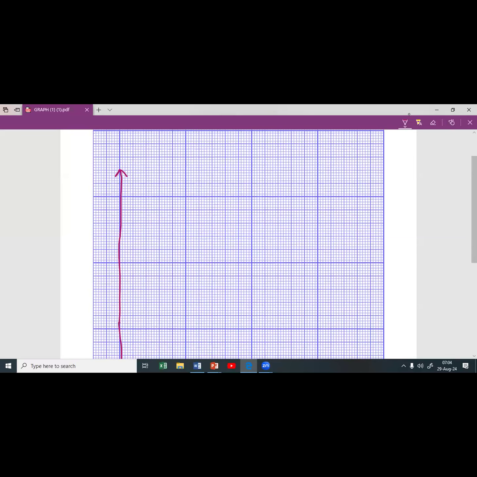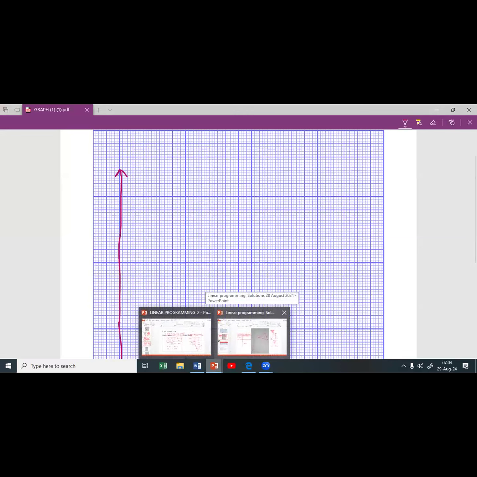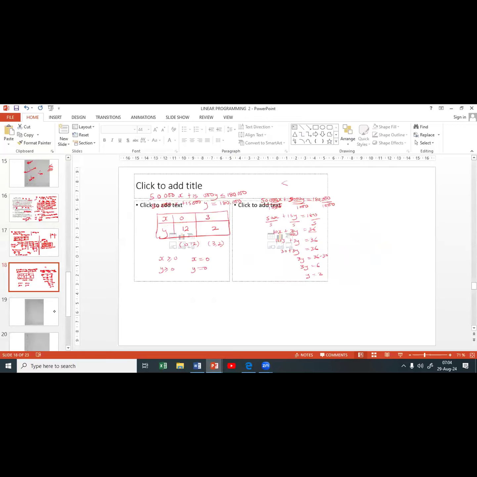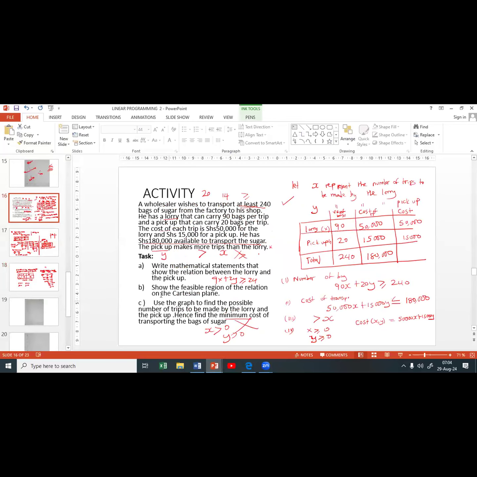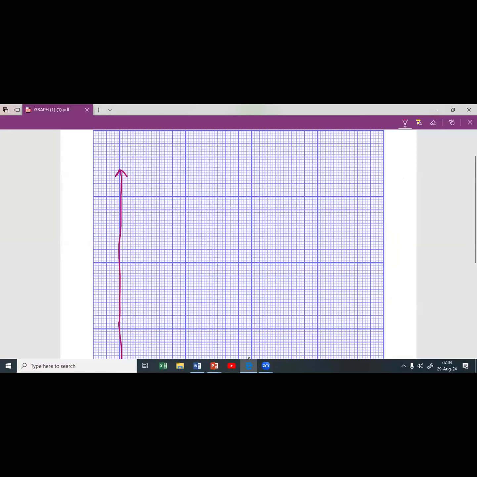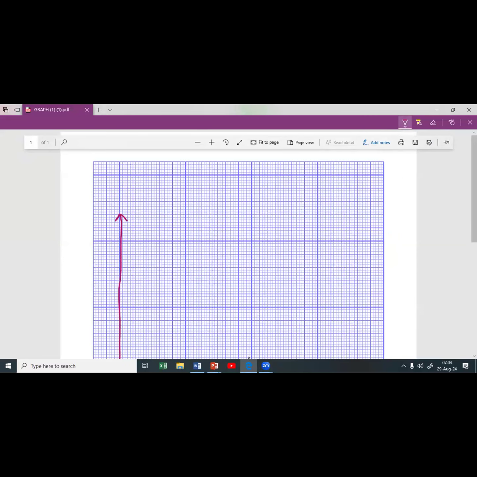But we are looking for the first marks. The first marks are going to come from our title of the graph. I told you that for any particular graph you do, you must have the title. That's where our marks are going to come from. Now, the question was clear. The question told you to show the feasible region of the relation on the Cartesian plane. So I'm going to be very clear also, and I will say my title is going to be a graph